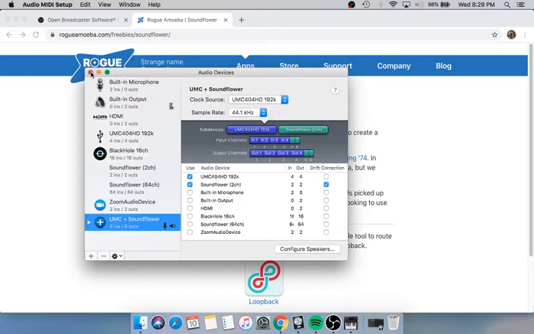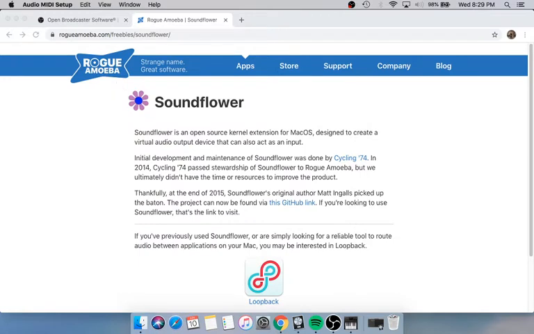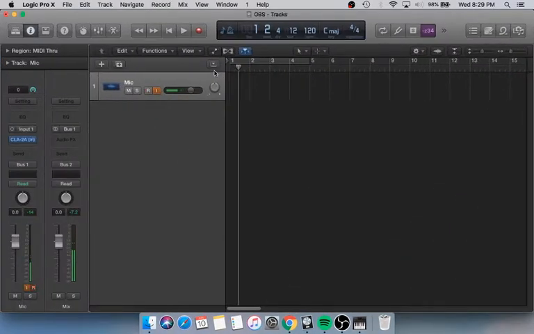Once we've done this, we're going to close this and open Logic, or whatever DAW you're using, be it Pro Tools, be it Cubase. If you're on Windows, the same thing works everywhere. I have already done the routing for the mic, as you can see.